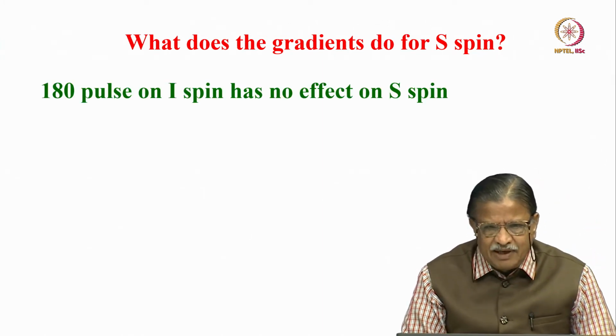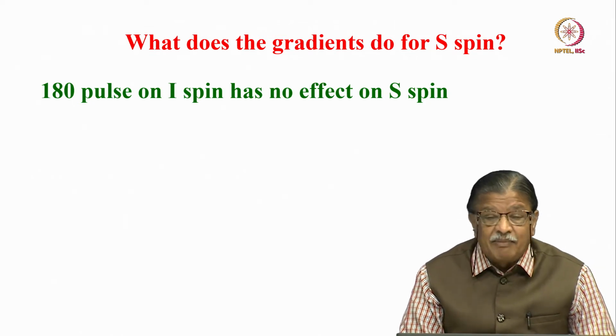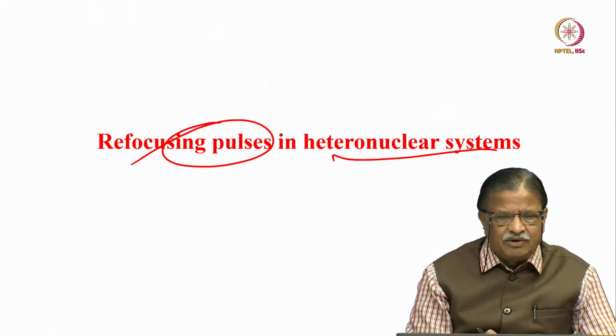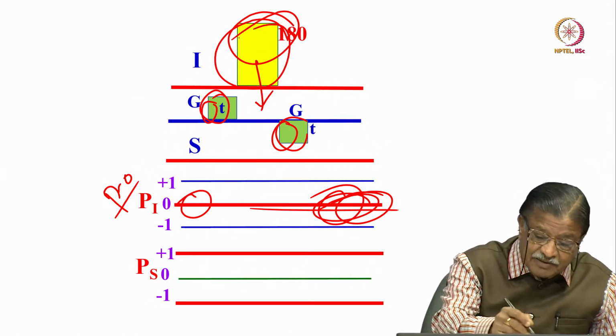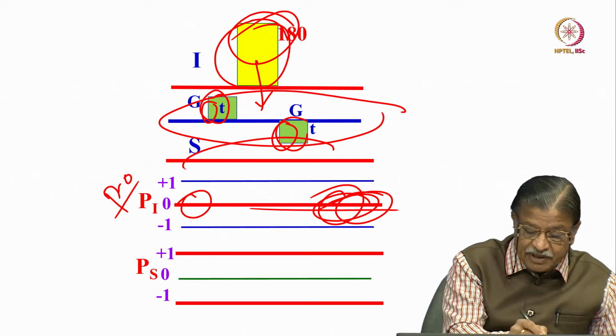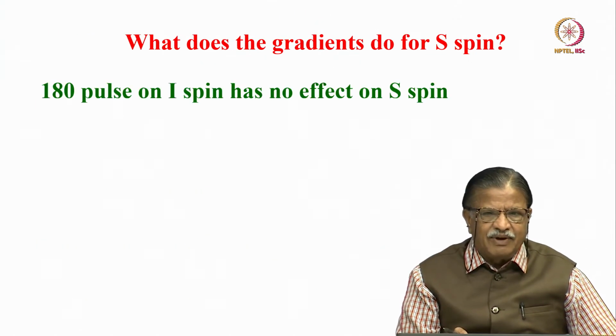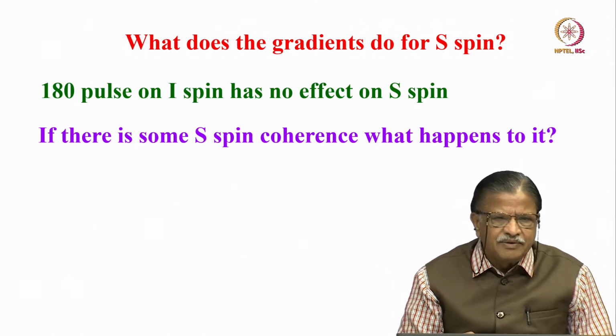The 180 pulse on I spin has no effect on S spin. Remember, the pulse applied is on I spin. That is what I explicitly asked you to see. Here the pulse is only on I spin. There is no pulse on S spin here. Absolutely no pulse at all. So as a consequence, since there is no pulse,